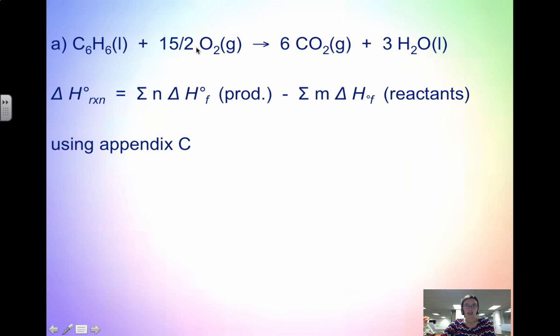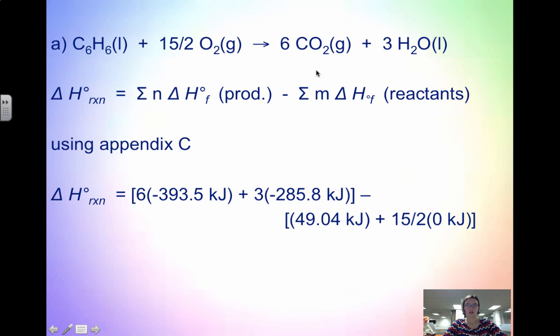And then when you look at that, make sure you focus on O2 here, because this is standard state. This is oxygen in its standard form as an element. This is 0. So using Appendix C, remember, products minus reactants. We have 6 carbon dioxide, so 6 times the heat of formation of CO2 plus 3 times the heat of formation of water, minus 1 times the heat of formation of benzene plus 15/2 times 0. You find that your delta H of reaction is negative